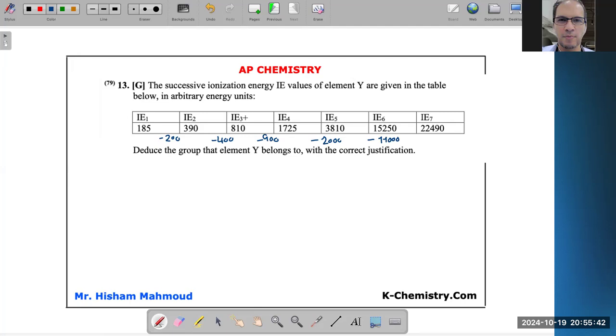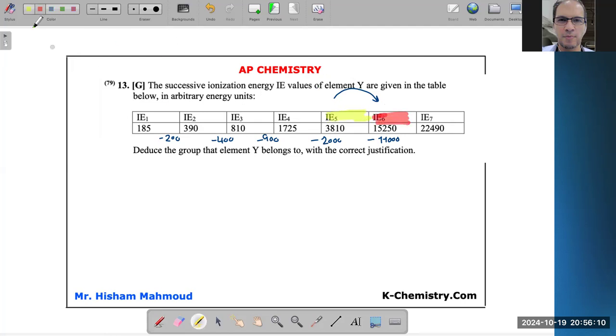1 to 2, 2 to 3, 3 to 4, 4 to 5, 5 to 6. Where is the biggest jump يا عبد الله؟ From this one to this one, from 5 to 6. This is the biggest difference. 11,000 مرة واحدة. So we take the one on the left ولا on the right؟